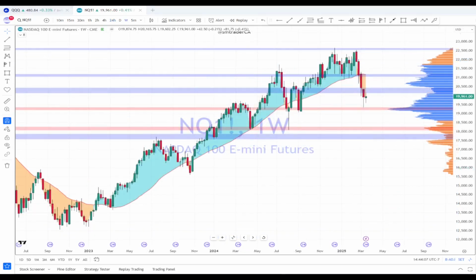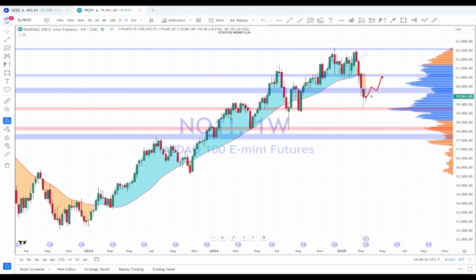And for the NQ, the E-mini NASDAQ 100 future, we see that it too printed an inside bar on a weekly chart here. So right now it's kind of hovering somewhere near this 20,000 zone here, this 20,100 price zone, and 20,500. So what we will be watching for in the coming week is to see would it be able to break through this zone and try to move up to this